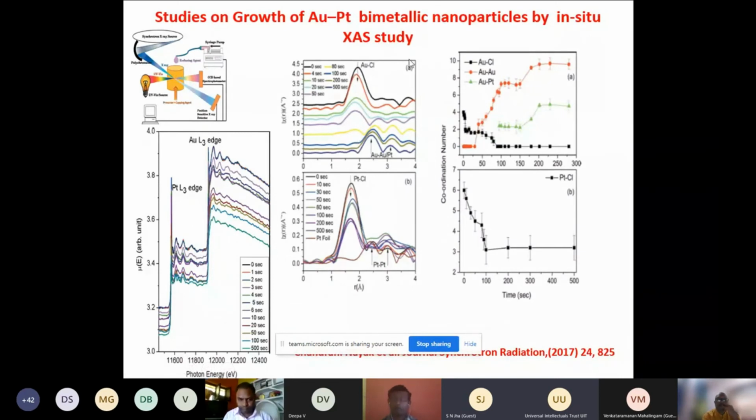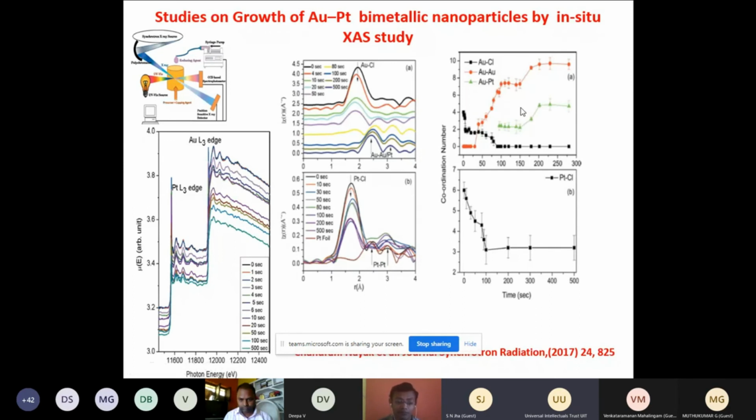And the same thing is shown here, the coordination number variation with time. You can see for the PtCl bond, the coordination number is decreasing with time, and in this curve the AuCl bond is breaking, I mean the coordination number is decreasing, whereas the Au-Au bond formation is increasing. So very beautifully EXAFS can help to elucidate